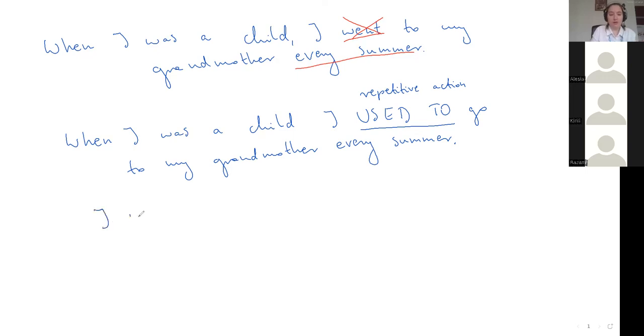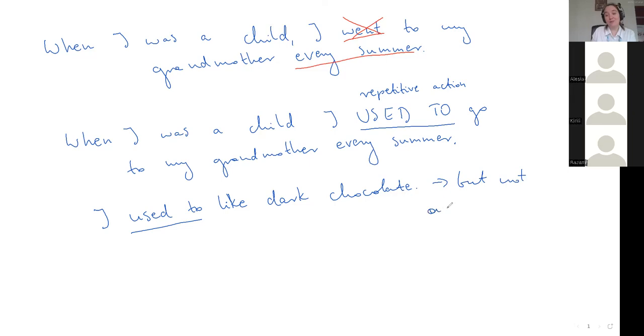And that could be also used about our habits and likes, for example. So I can say, I used to like dark chocolate. And that's true. I could just eat a bar of dark chocolate just as a sandwich. But when I say I used to, it clearly means, but not now, not anymore. I don't like it now. I just don't, for whatever reason. And if I say that I used to like dark chocolate, it means that I don't like it anymore. It does not mean that I just don't eat it because maybe the doctors said that I shouldn't. I don't like it anymore.